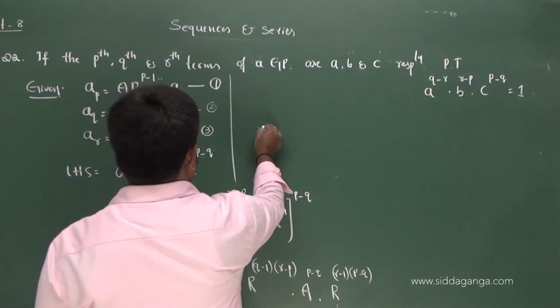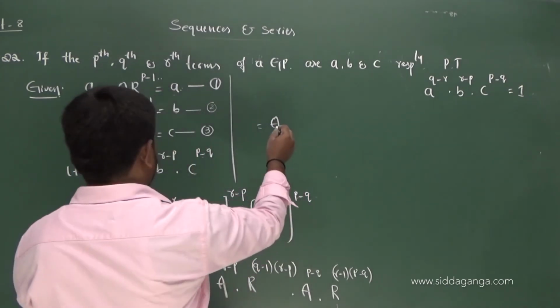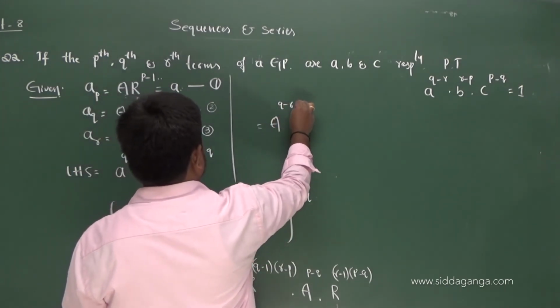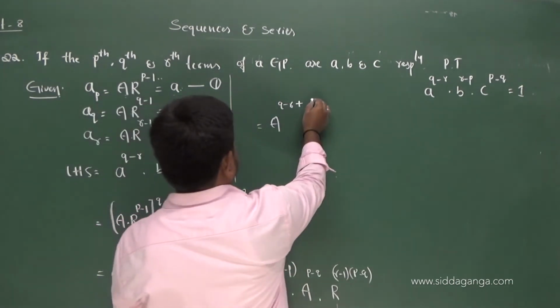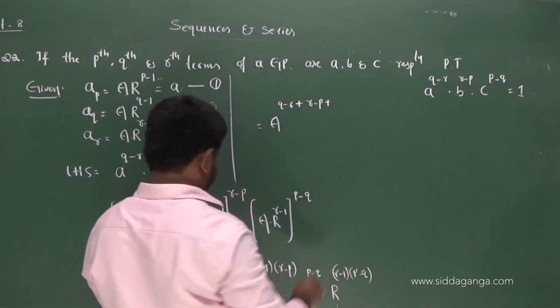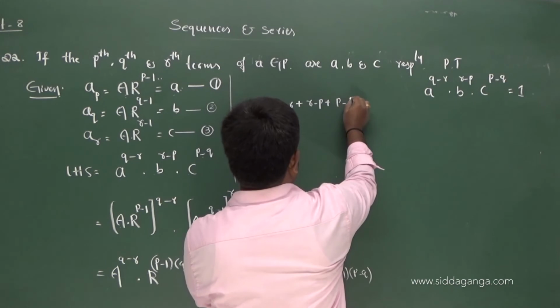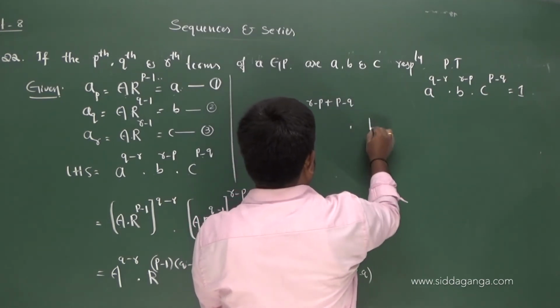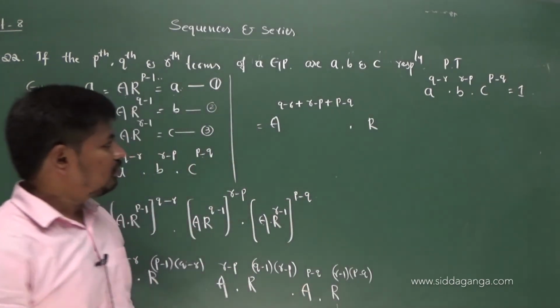You get A power of Q minus R plus R minus P plus P minus Q, into R power of